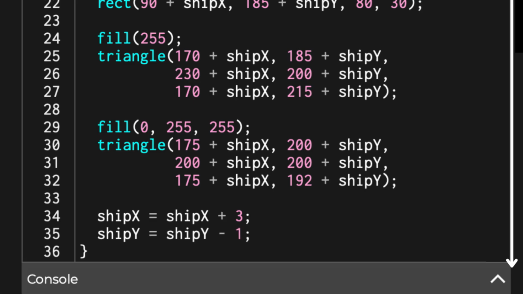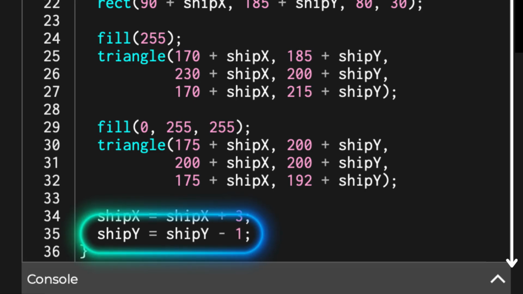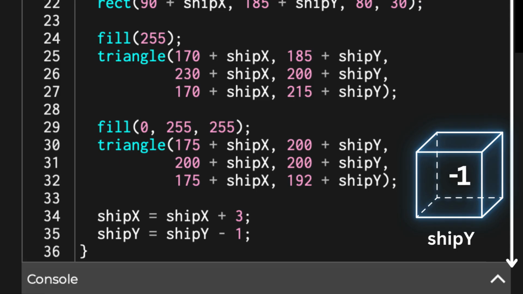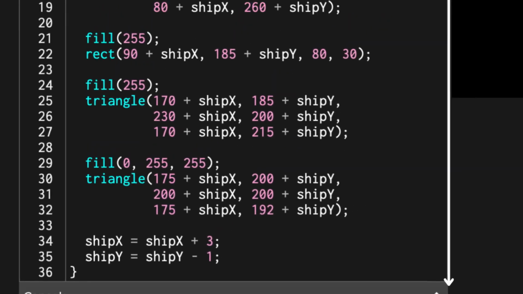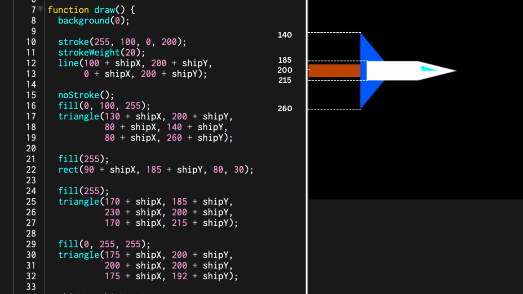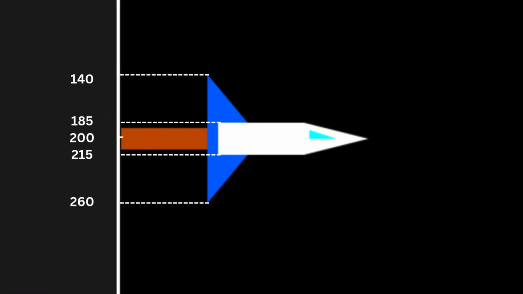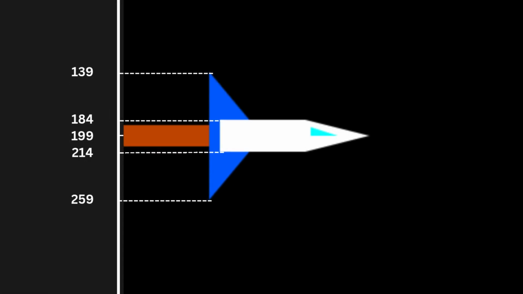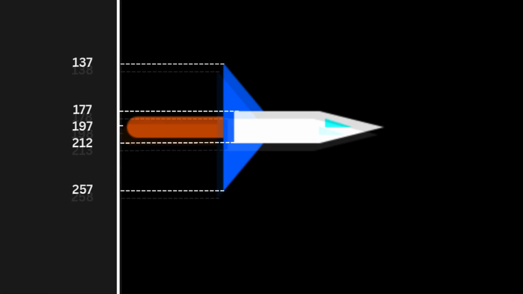So now, the variable shipY counts down into the negatives. -1, -2, -3, and so on. And since we added the variable to every single Y coordinate, it continuously decreases the Y positions of all the shapes, lifting the entire ship smoothly upward. Awesome!